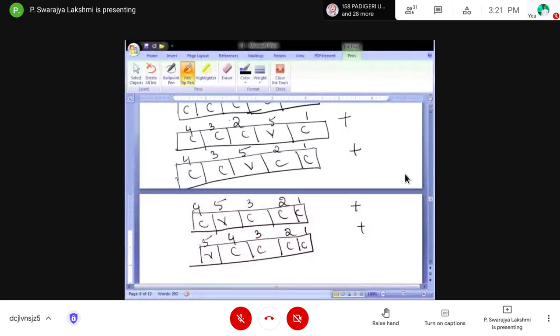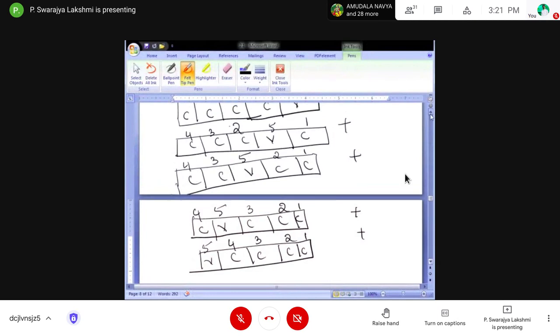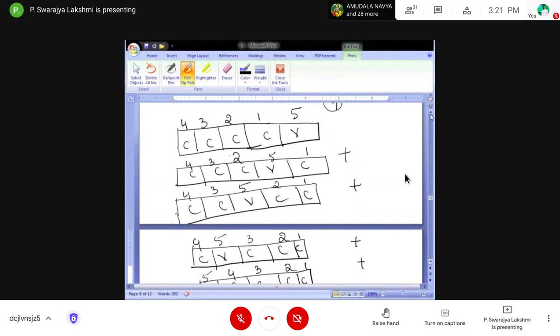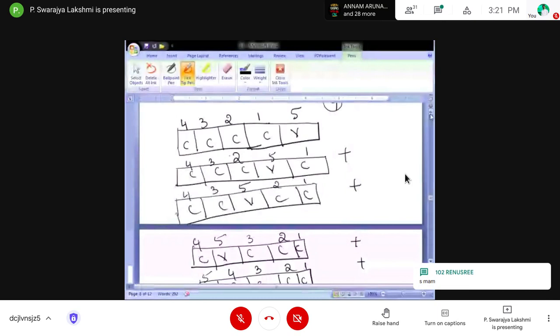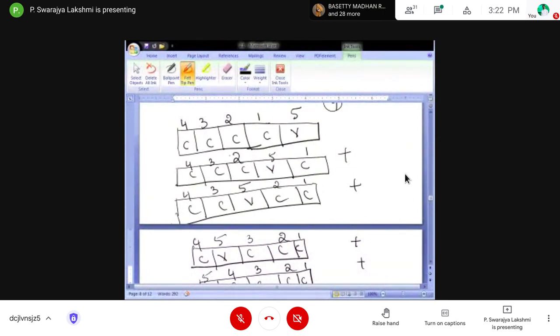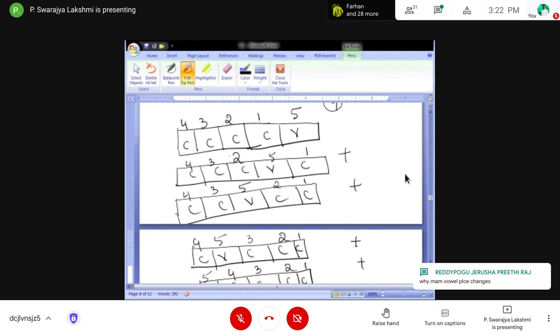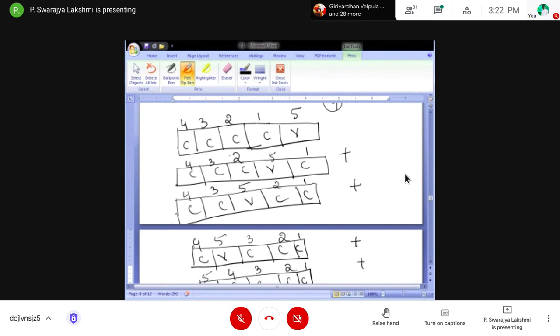Nana, is the problem clear? Nana, why do we have to change the vowel position? See, I have a chance to write a vowel here or here or here or here or here. So in total 5 places.